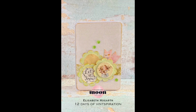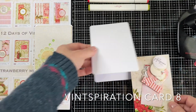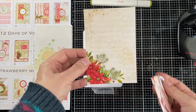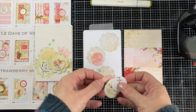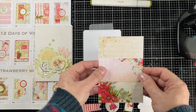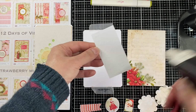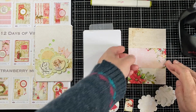Now, card number 8 really began life as a winter birthday card because my daughter Claudette celebrates her birthday on the 21st of December. So even though these cards are for the festive period, they can be adapted to create birthday cards as well. So back to this card, I'm going in with a small panel to add some interest